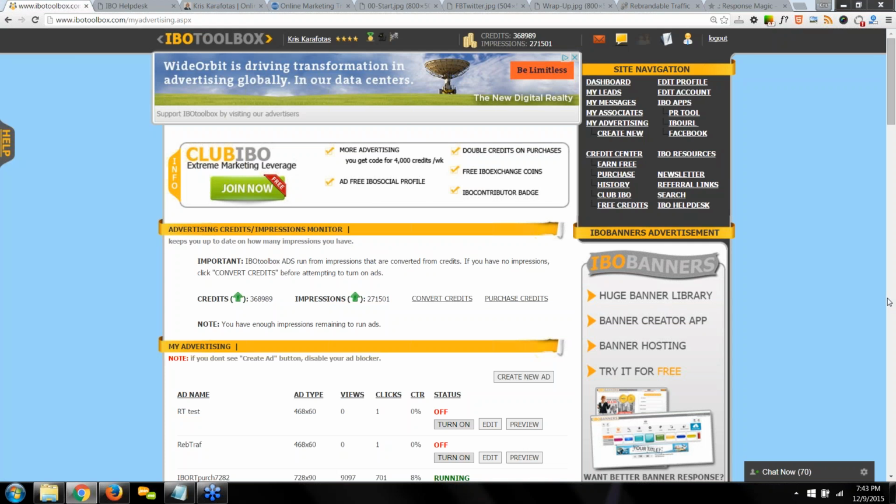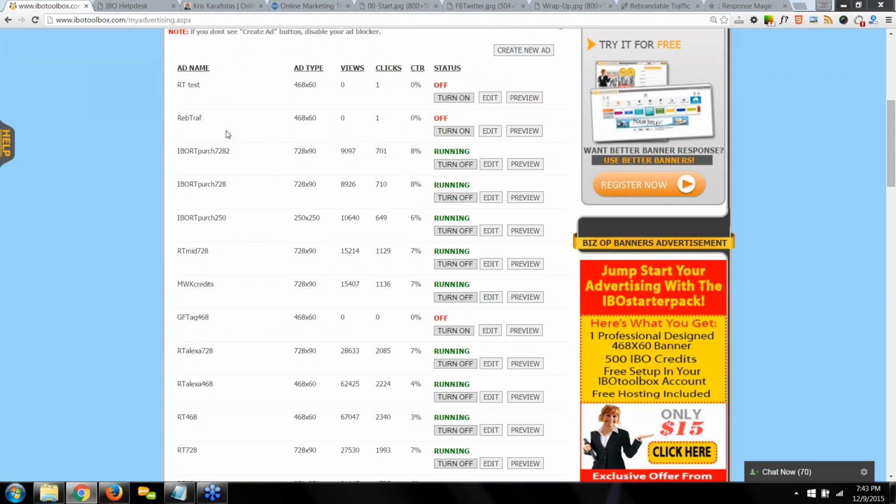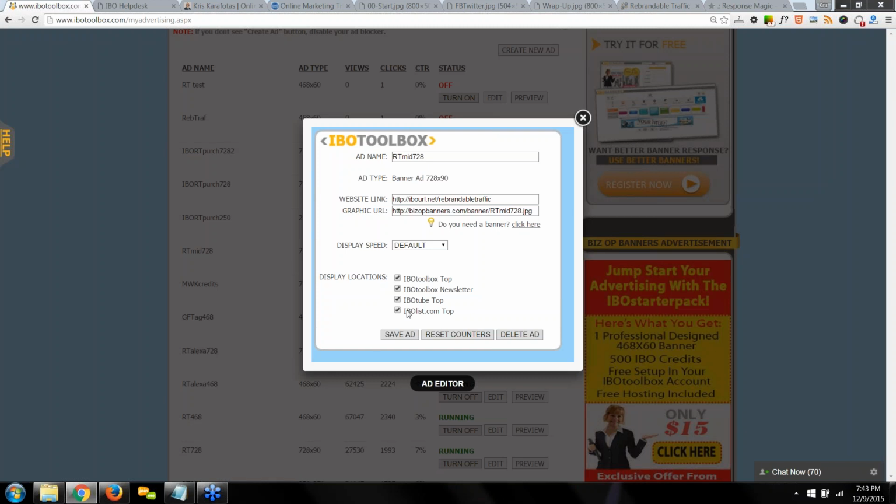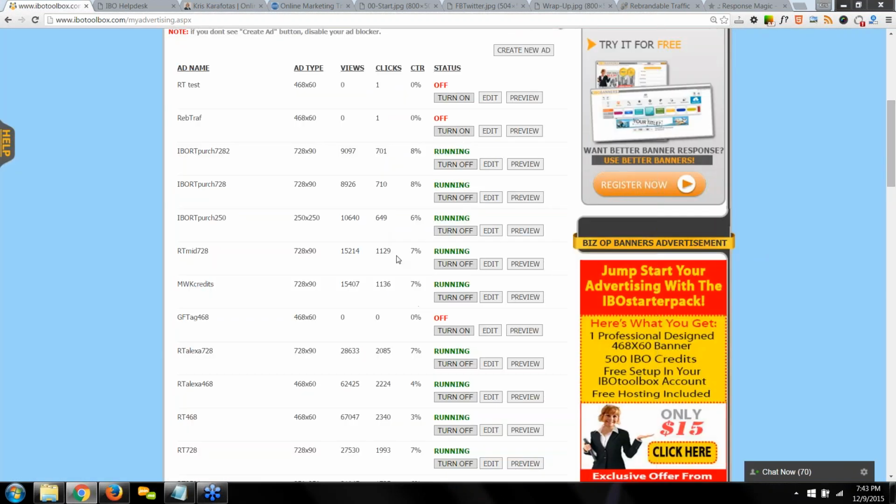Do you have to change them yourself? No, it'll automatically go. As you can see, I have a ton of banners running here. Lots of them are 468, 728, and most of them are running every place you can imagine. I've got everything changed or checked, so they're just going to rotate again with all the other banners from the members that are rotating, including myself. So no, you don't have to do anything but just set it up that way.